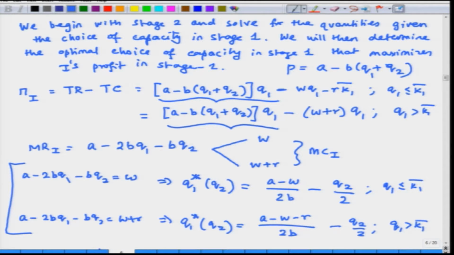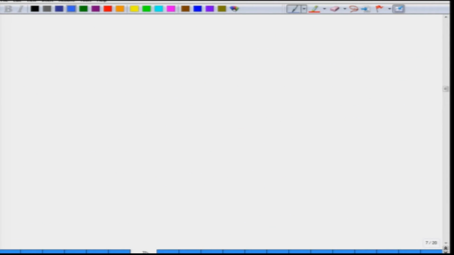So, in other words, there is going to be a jump in the best response function for firm 1 at K1 bar. For Q1 less than K1 bar, it takes one particular form, and for Q1 greater than K1 bar, it takes the other form. So, there is going to be a distinct jump at this K1 bar. Let us first draw it and see what it looks like. If I were to draw the best response function of firm 1,